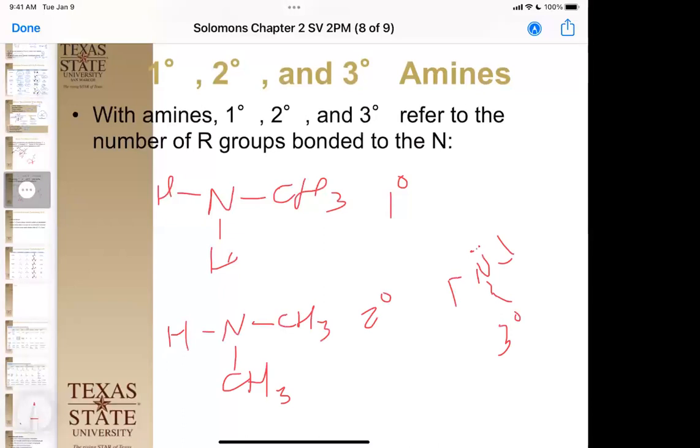So amines are backwards, but alcohols, hydrogens, and halogens all depend on what the carbon is. Amines depend on how many carbons you have bound to the nitrogen. All right, does that make sense? It's the one weird thing, but it's the only one. So if you follow the rules, it'll be fine. Okay, so that being said,